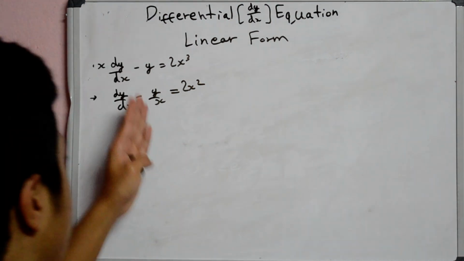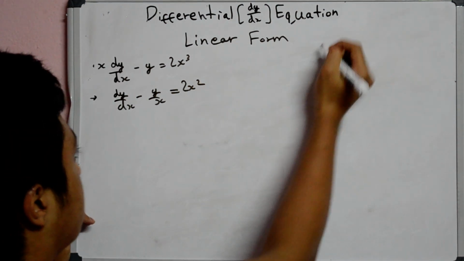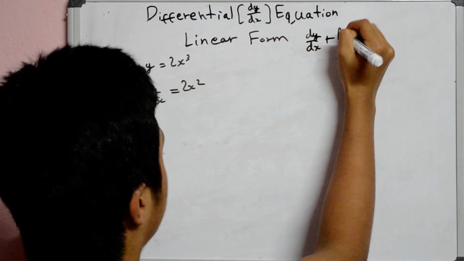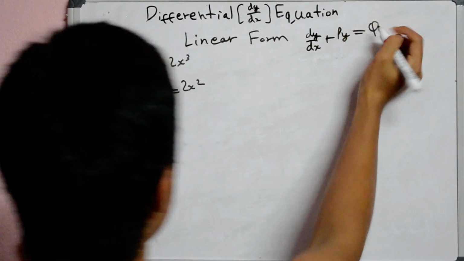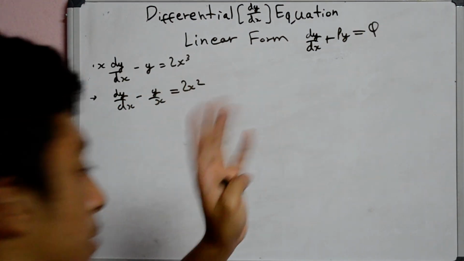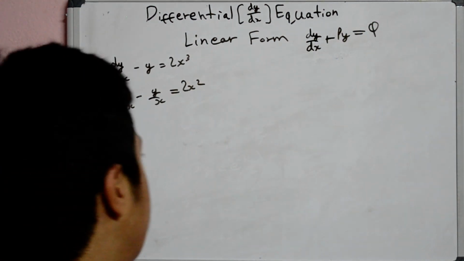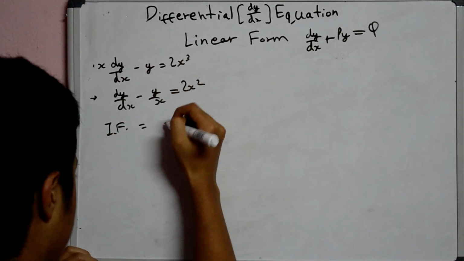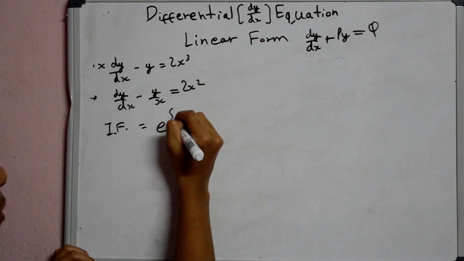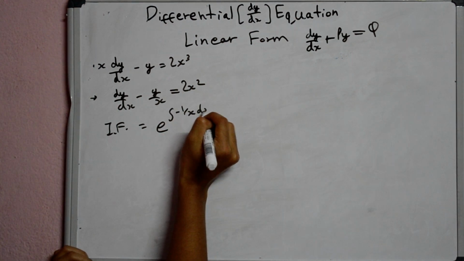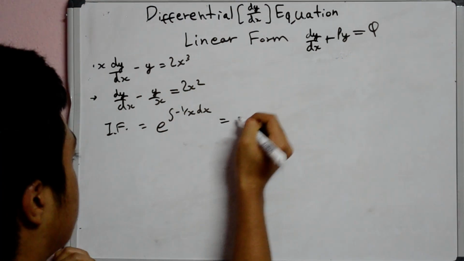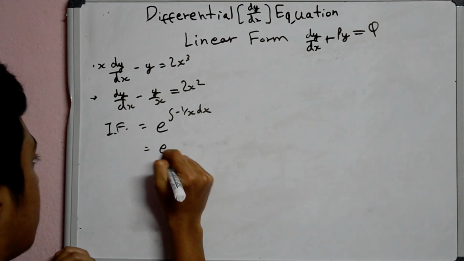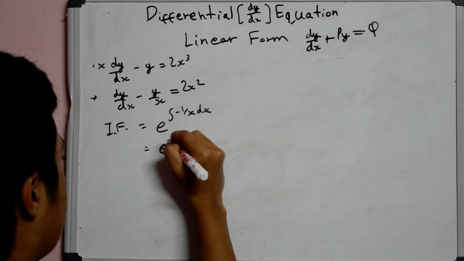Now here, if you compare it with dy by dx plus py equals q, p here is minus 1 by x and q is 2x squared. So the integrating factor is e to the power integration of minus 1 by x dx, which is equal to e to the power, I'll write it below, e to the power minus ln x,